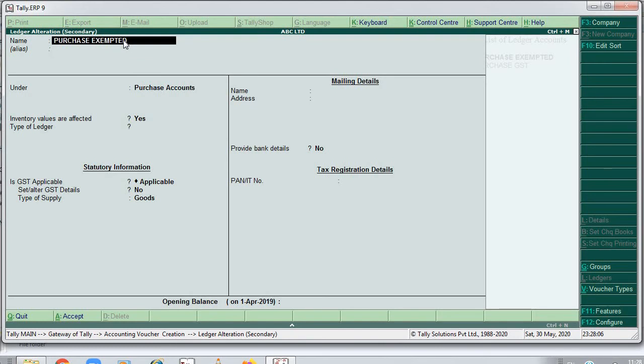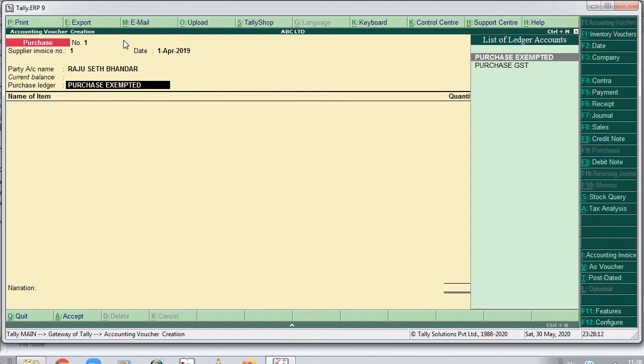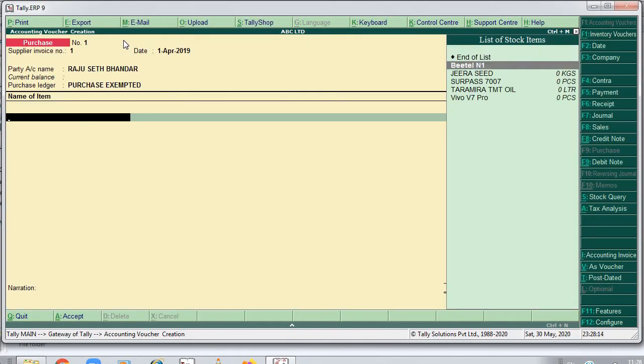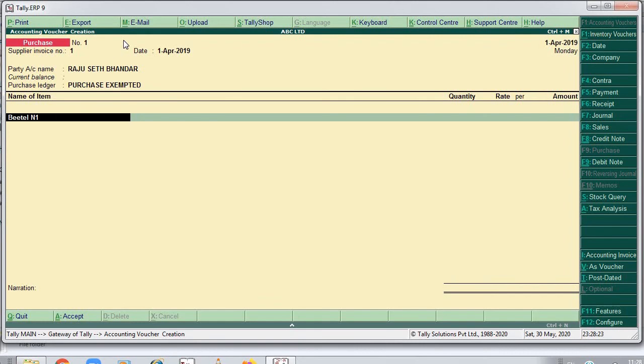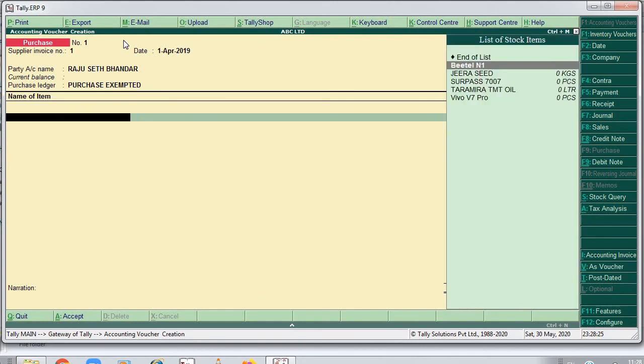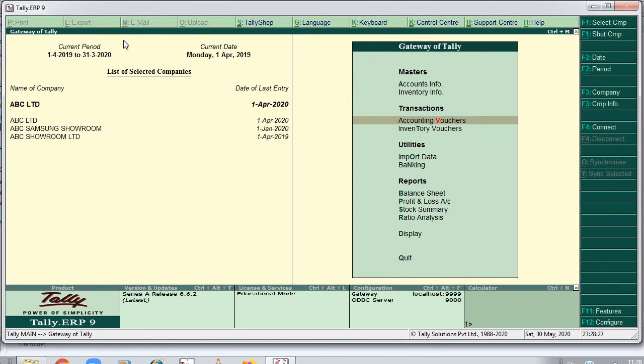By pressing Control Enter, I went into this option of ledger alteration, so I can alter the ledger from here also. Similarly for stock items, let's say BTEL over here. Again I wanted to make changes, so I have to press Control Enter. I can make the changes from here. So this is the secondary way of making changes to your ledger and stock items.